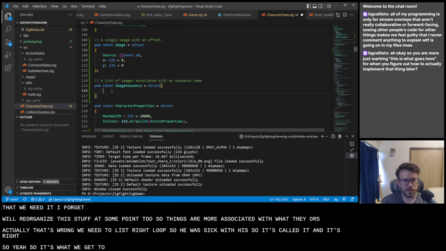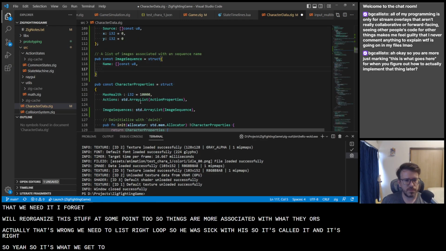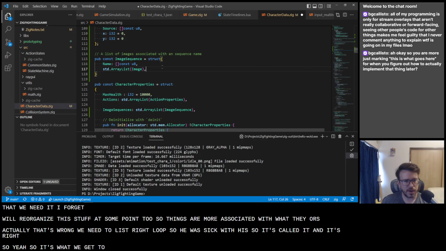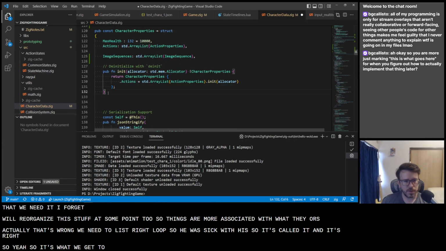Okay, so we'll have a name for the sequence, which will also be a const u8. Inside of here, we'll have a centered list of images. Okay. Since we do have the centered list, we need some kind of memory allocation, right? So we'll just copy